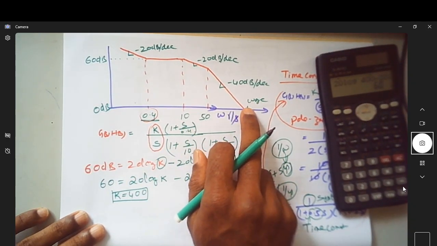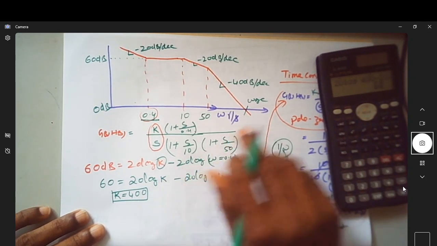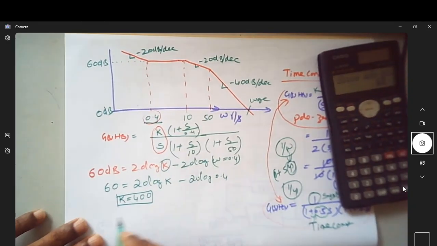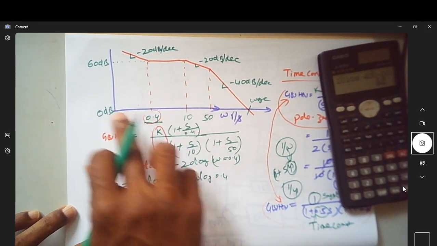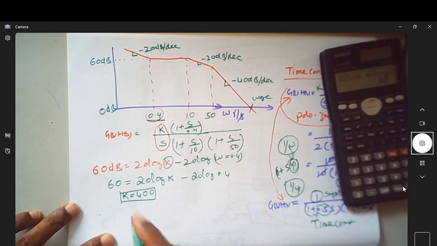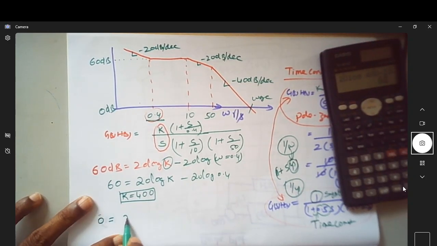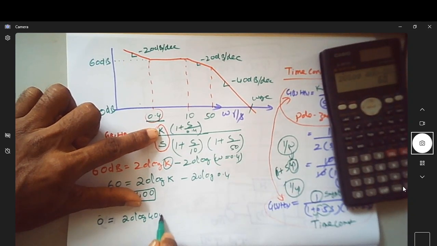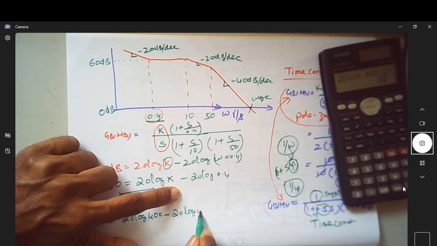To find this omega GC, at this omega GC, what all terms are contributing? Since before this, all the terms are contributing, I have to consider all the terms and equate it to 0 and find that omega that corresponds to omega GC. I will make it 0 equals 20 log K, we already know it as 400, minus 20 log omega,